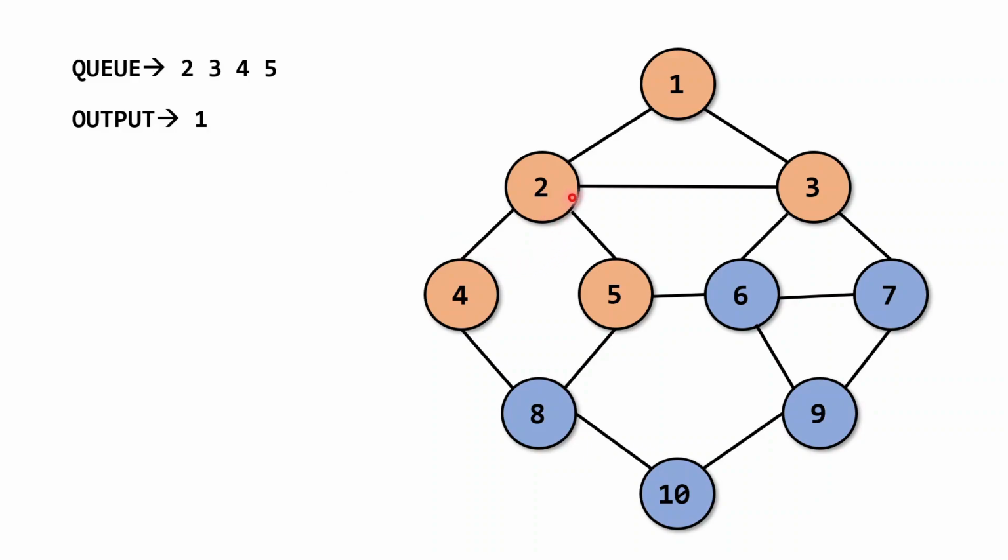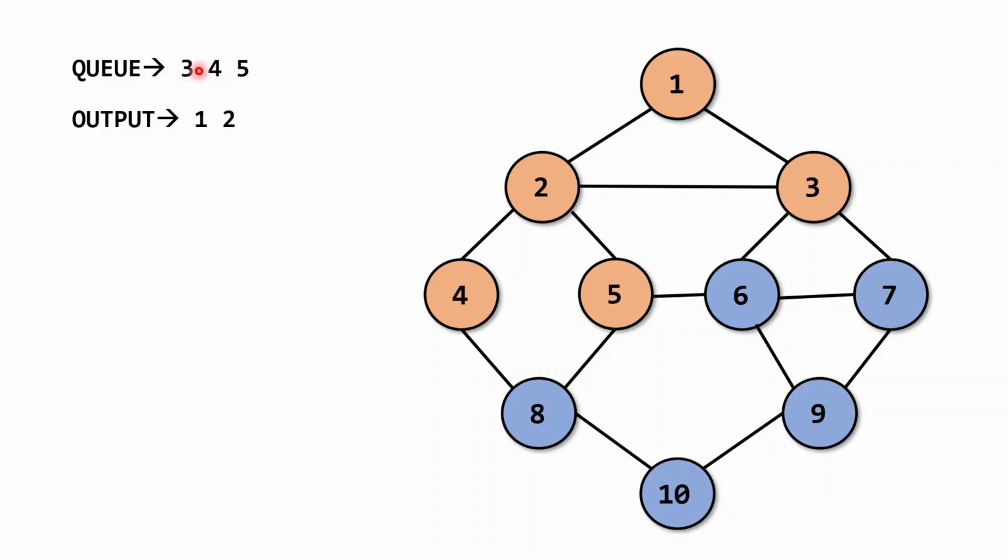And we have to remove this particular node 2 from the queue, as we have removed 1 and put that 1 in the output. Similarly, I will remove this 2 and put it in the output like this. So in the queue we have 3, 4 and 5. Similar thing I will apply